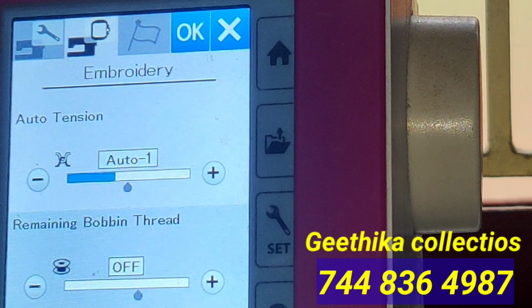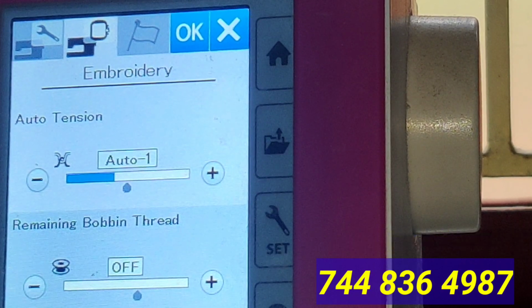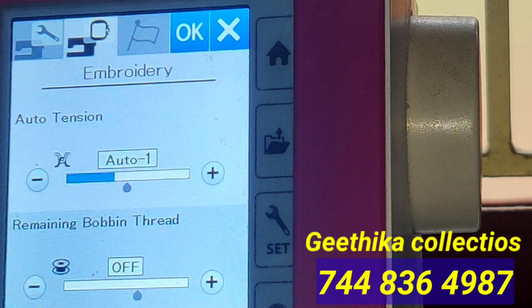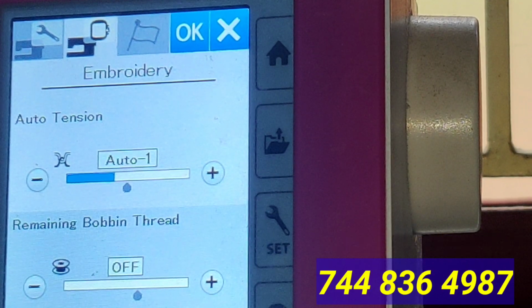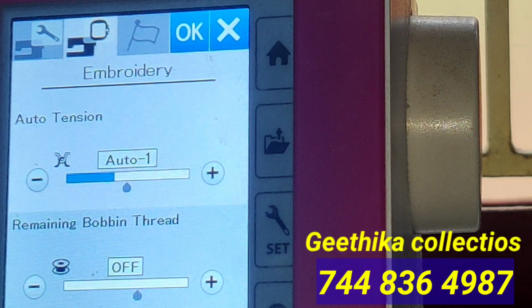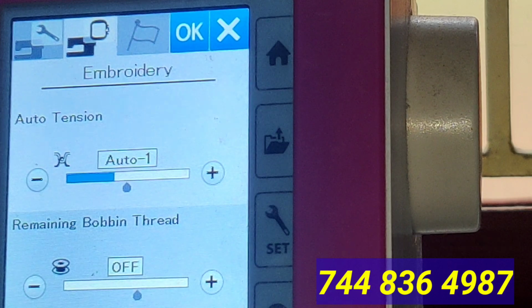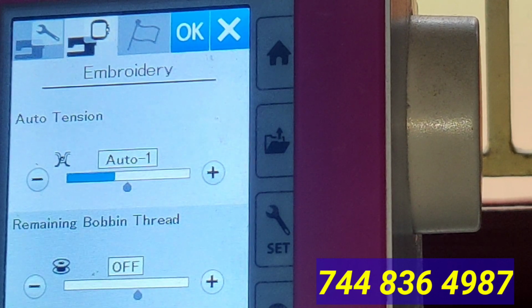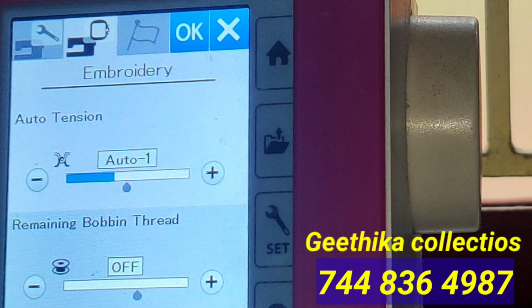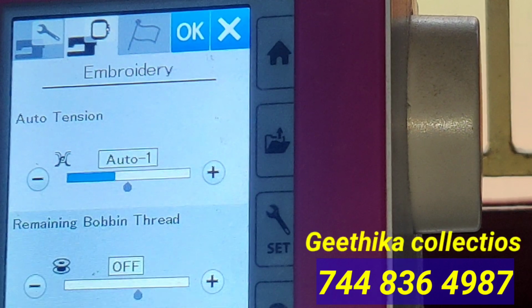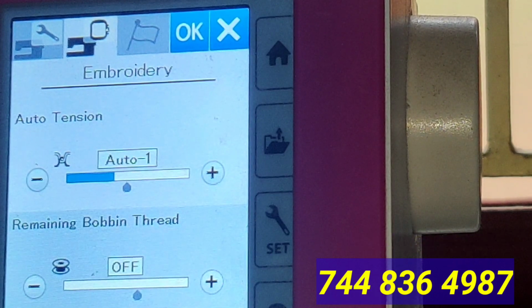It will become a problem for you. So if you have this in active mode, you can set it in meters, like 0.5 meter or 1 meter, and it will give a reminder. If you select 0.5 meter, then when the bobbin thread reaches 0.5 meter, immediately you will get a notification that there is not sufficient bobbin thread. Based on that you can plan and continue with your design.